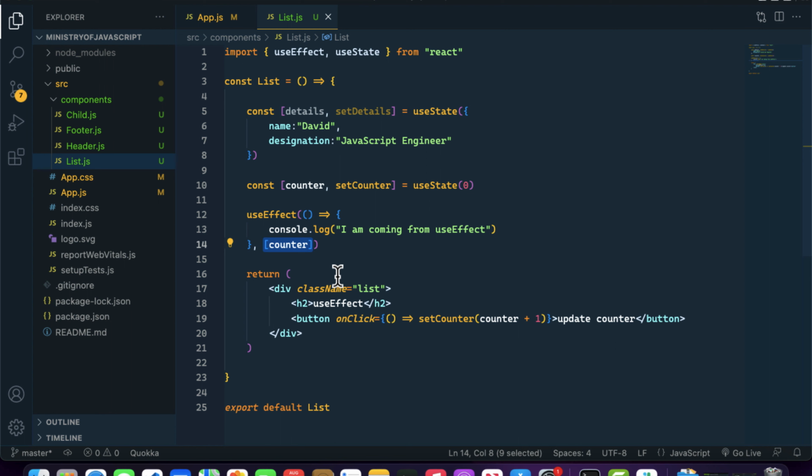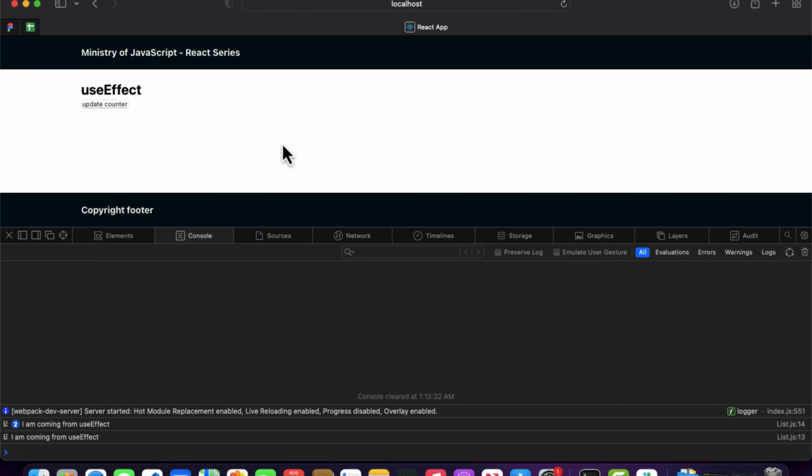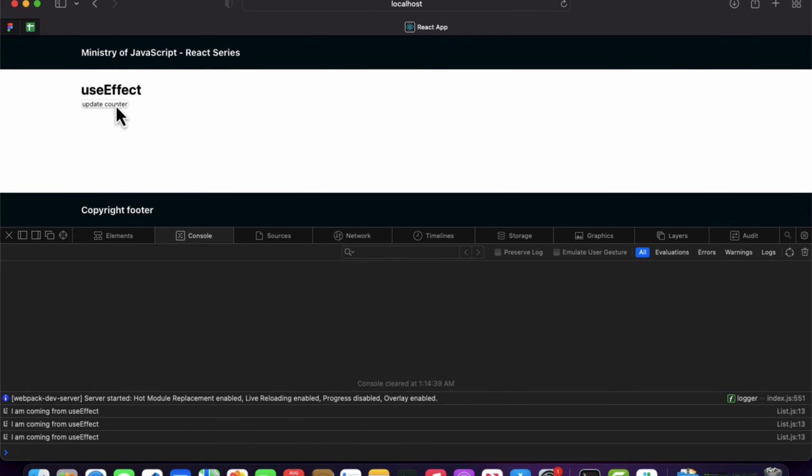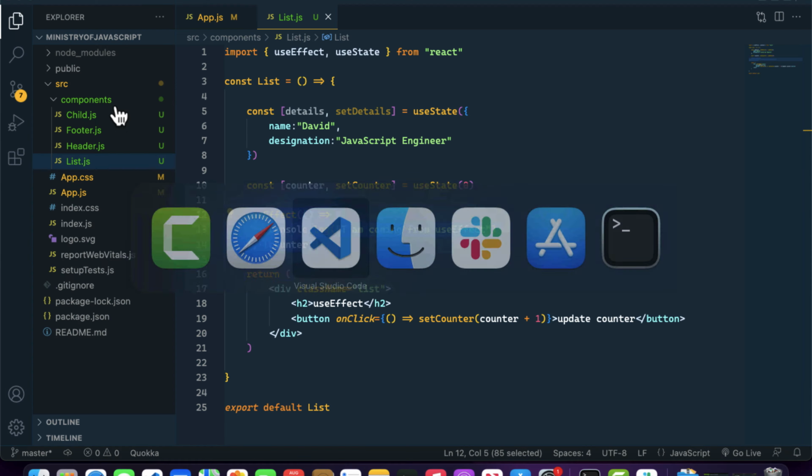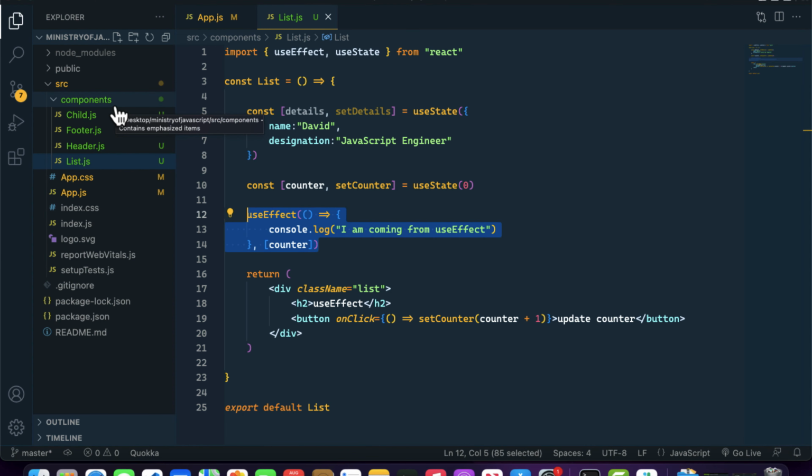So whatever you provide inside this dependency array, whenever that thing changes, this useEffect will run again. So let me come over here, right? And when I click, you will see that it is consoling the value again and again. Well, this is how the useEffect works in React,